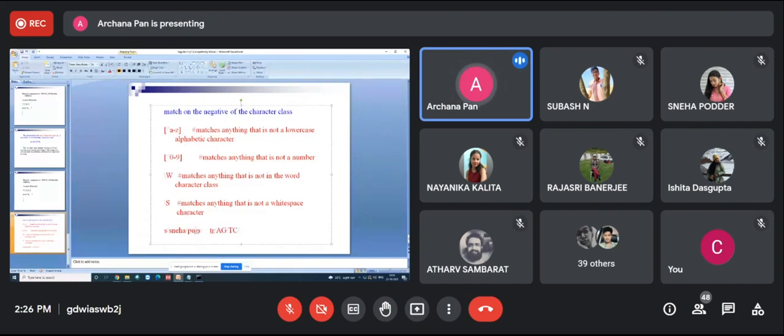So in any text, wherever Sneha is there, that Sneha will be replaced. A will be replaced by E, E will be replaced by J, H will be replaced by E. J will be replaced by O.